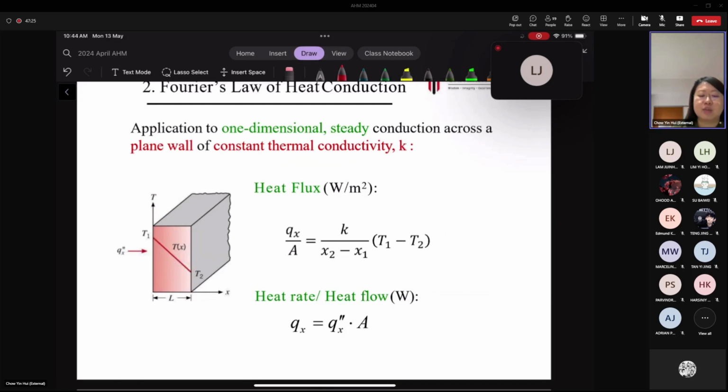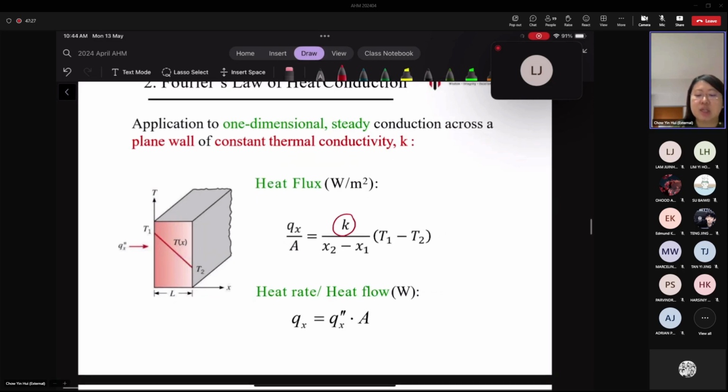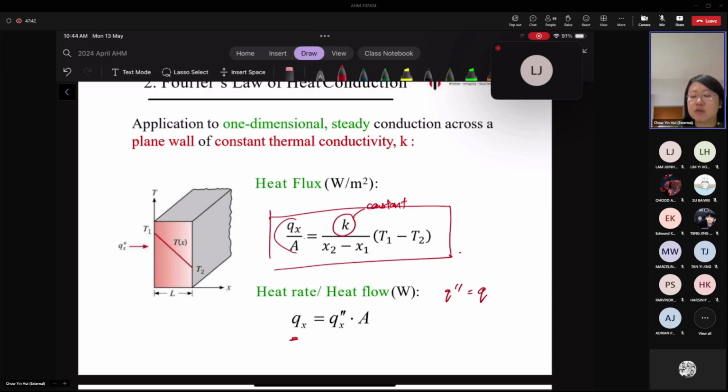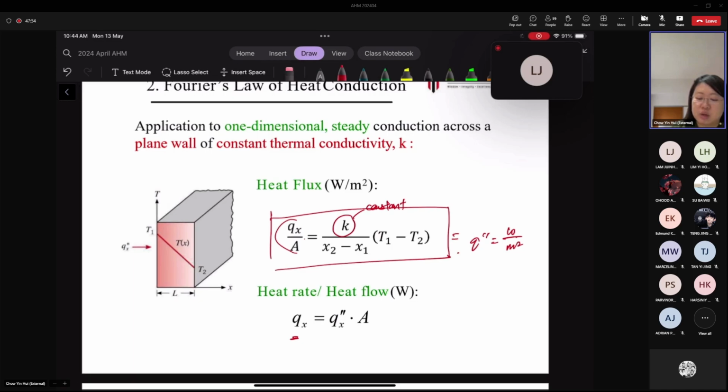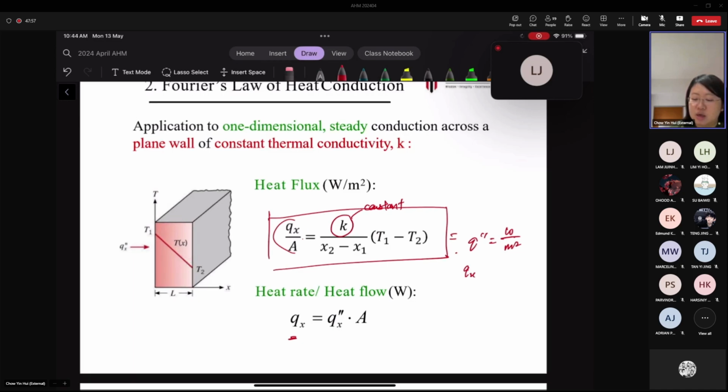As mentioned just now, what we did is we assumed that this is a constant value. Then this would be the equation that we are using. If you are calculating the heat rate, then you just need to rearrange this equation. Oh sorry, hold on, this is an error. Heat flux is watt per meter square. So qx divided by area is equal to heat flux, which means if you want to find the rate of heat transfer, then it will be the heat flux multiplied by the